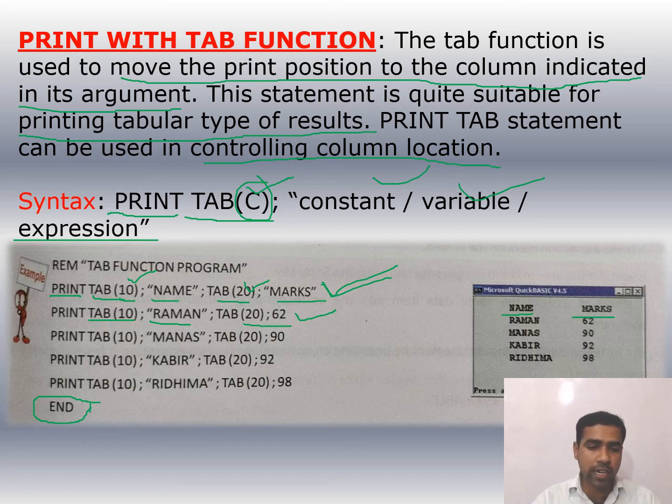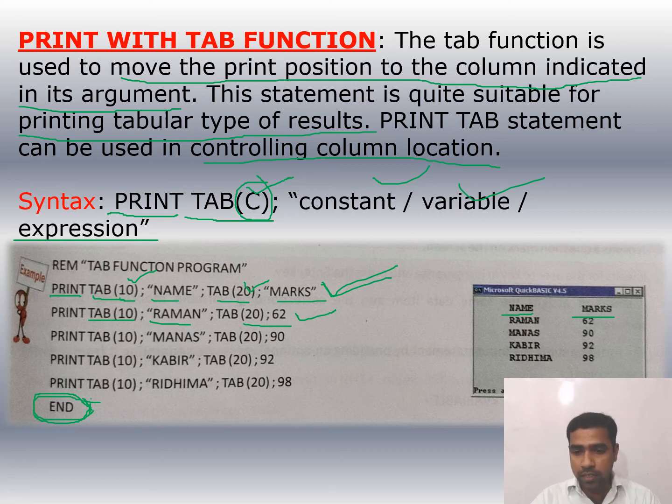If you do not write end, then the program will not stop its execution. So if you want to stop the execution, then compulsorily you have to write the end command in the QBasic program at the end of the program. When it comes to the end, then automatically the program will stop its execution. So how will you get the output? When you execute the program, in one column it will display all the names and in another column it will display all the numbers.